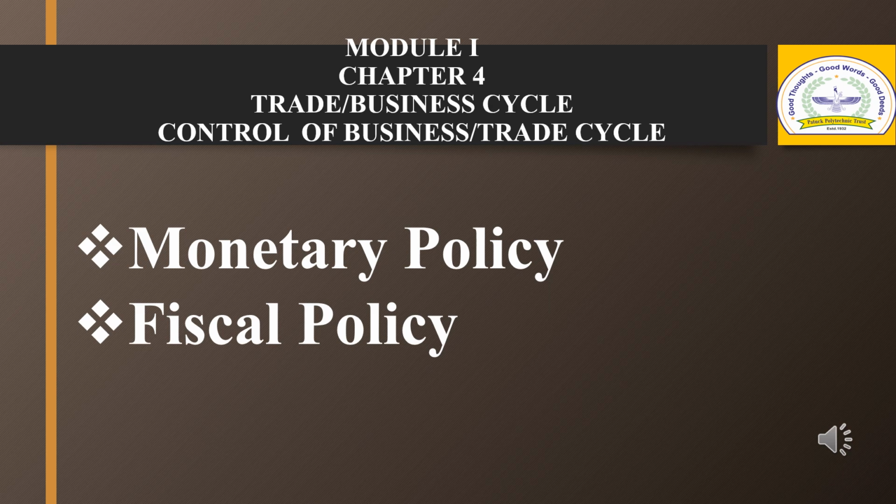So let's start with monetary policy. Even though trade cycles are not purely a monetary phenomenon, they are aggravated by monetary factors. The central bank uses various instruments such as bank rate, open market operation, statutory liquidity ratio, cash reserve ratio, selective credit control, etc. to change the volume of money supply, to reduce money supply during the expansionary phase when the price level is rising, and vice versa.